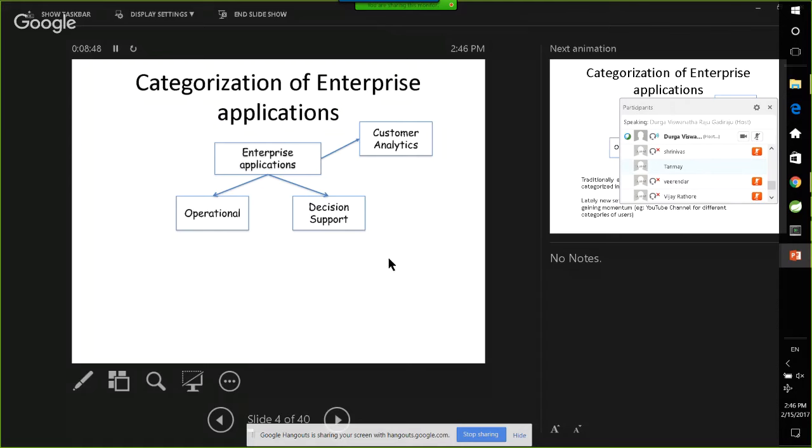So now we have to visualize using that third dimension also when it comes to enterprise operational, which is core business, decision support, which drives the decisions of the executive management, and the customer analytics, which will give insights to the customers. When it comes to complexity, decision support systems are far more complicated compared to customer analytics, but decision support systems cannot scale. Hundreds and thousands of users cannot use a decision support system. Whereas customer analytics will be a simple report, but the challenge is scalability. You have to design it in such a way that it is scalable.